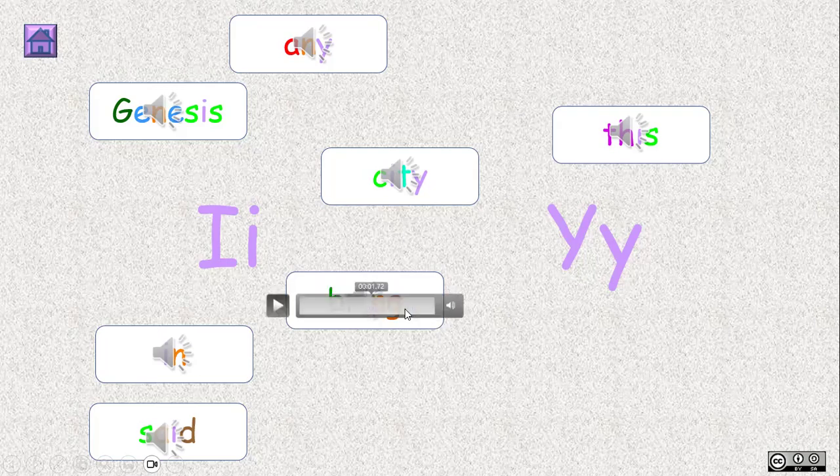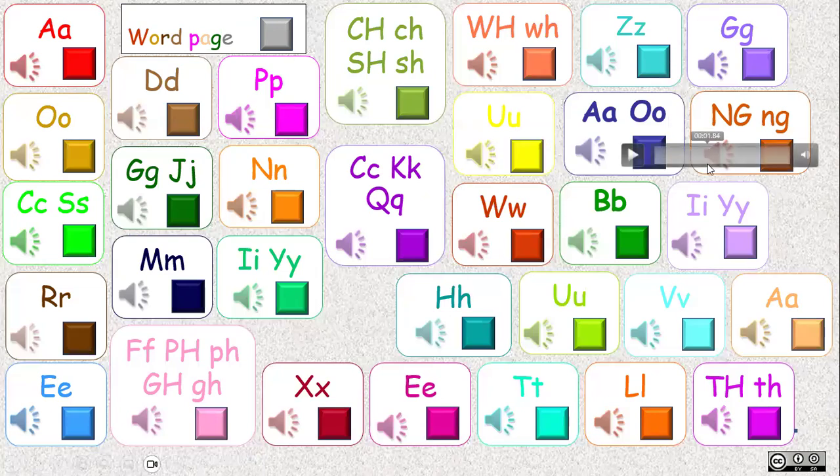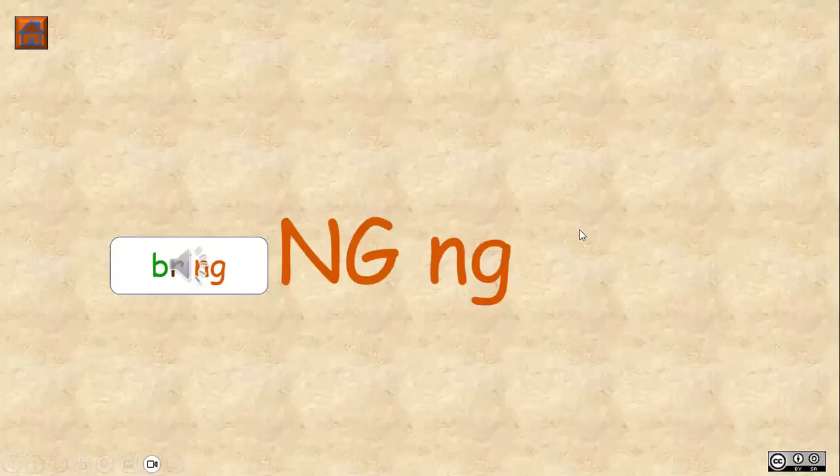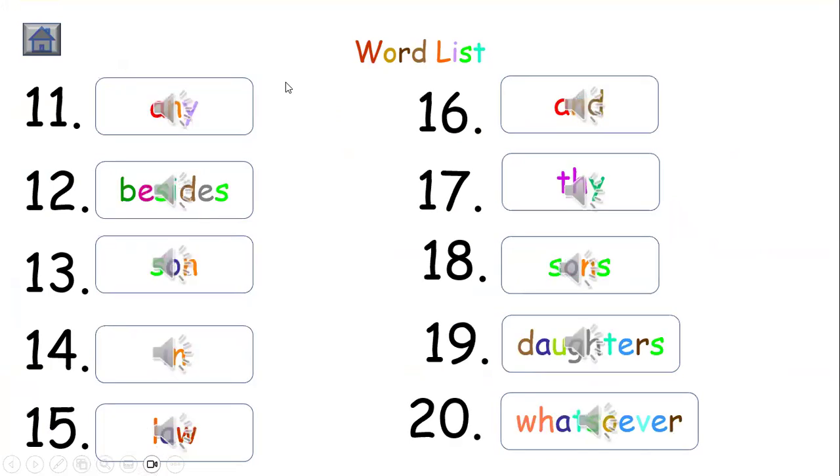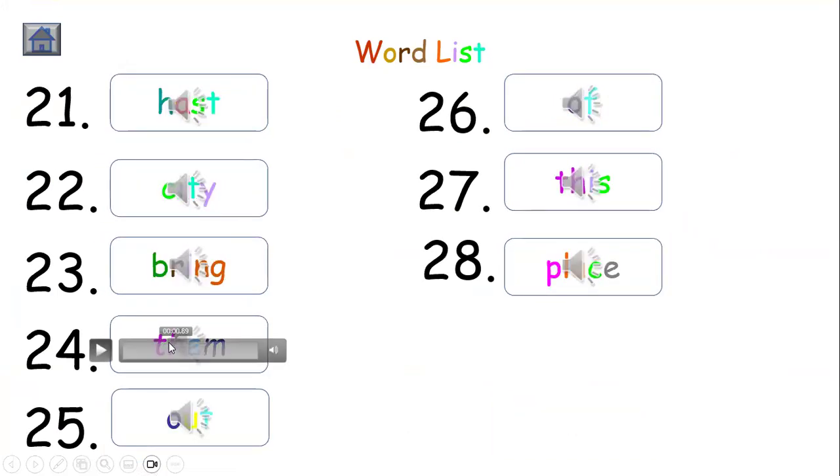Okay, the next sound is the NG put together, and it says it on that same color. It's hard to say by itself, but go to that page and you will find bring. Okay, that's it for that word. Go back to the home page, back to the word list, the last page of the word list, and we'll find the next word,